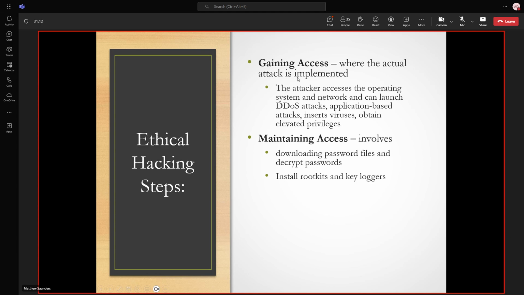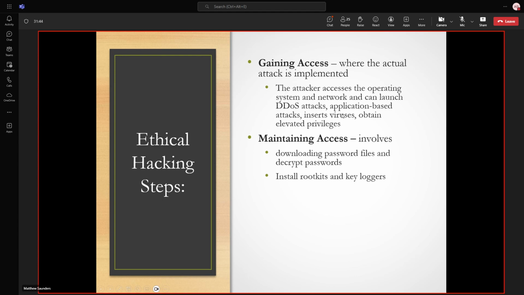Once you've got access, even a little bit, like just an account, say the Apache www account, which doesn't have a lot of rights, if you can get that foothold, your next step is to try and leverage that to get more access. Okay. So ideally, you want to get root on your system, or administrator on your system, and even go to domain admin if you can. That takes a little bit of time, but that's all part of gaining access.